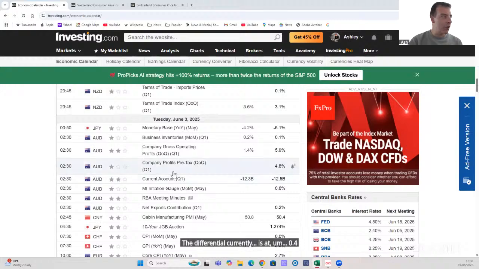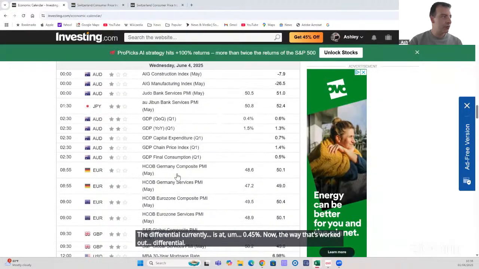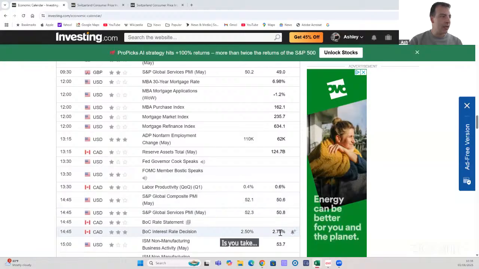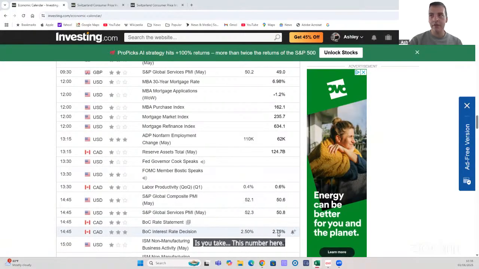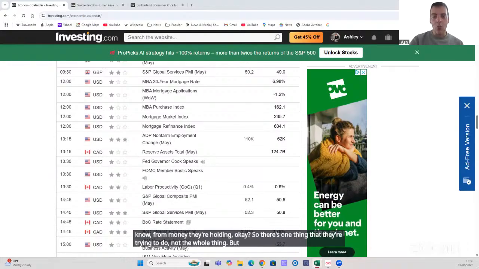Now, the way that's worked out, the differential is you take this number here, 2.75, and most recent CPI data. Because what traders are trying to do is get profit from money they're holding. Okay, so there's one thing that they're trying to do, not the whole thing, but they're seeing where there is